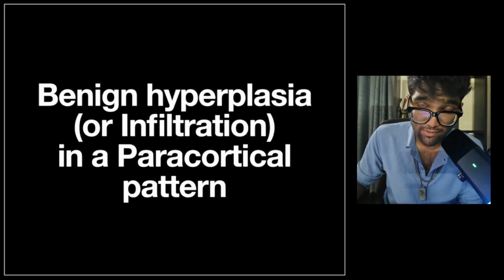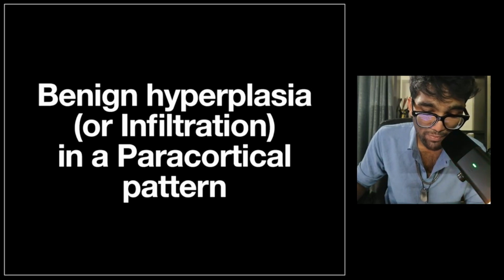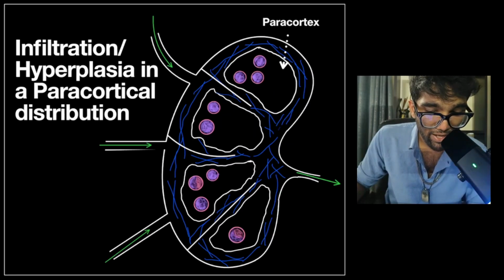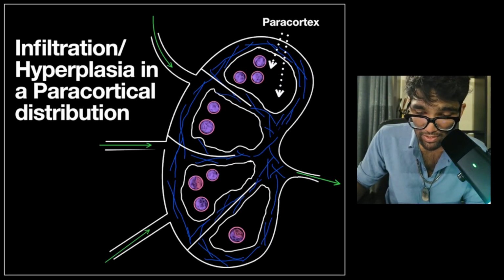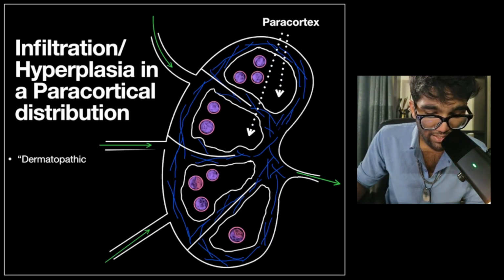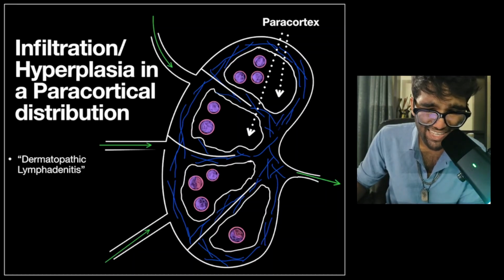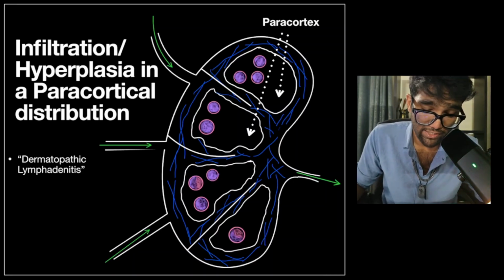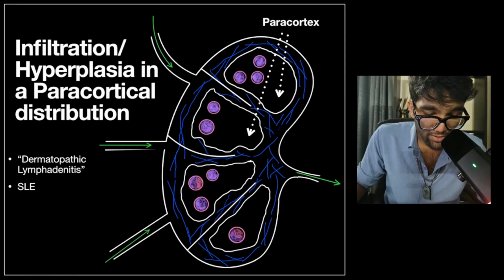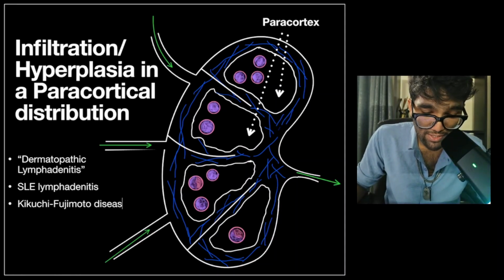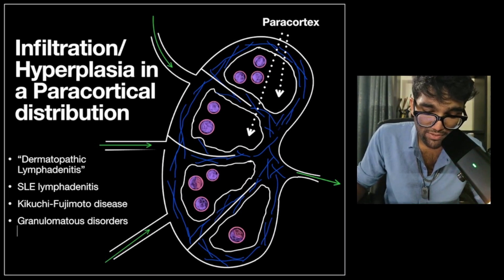Moving to the third category of infiltration, that is benign hyperplasia or infiltration in a paracortical pattern. So again, paracortex is this region and this region, and it consists of something called dermatopathic lymphadenitis, which is just lymph node enlargement in any range of dermatological conditions. Then what I'm more interested in, that is SLE lymphadenitis, Kikuchi Fujimoto disease, and granulomatous disorders,